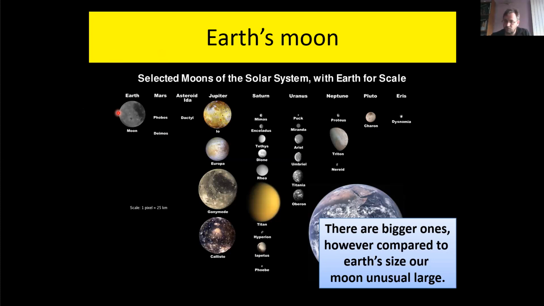So compared to the Earth, there are bigger moons like Titan or Ganymede, Io, Callisto, the Jupiter moons here, and this one here from Saturn. But relative to our size, this is immense. Therefore,